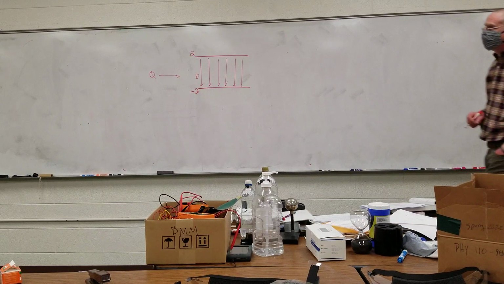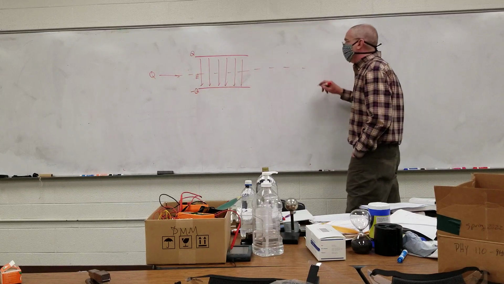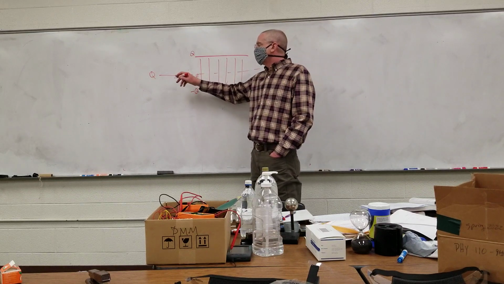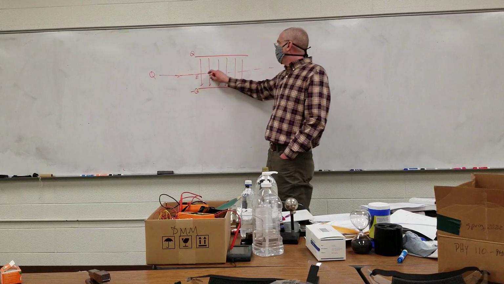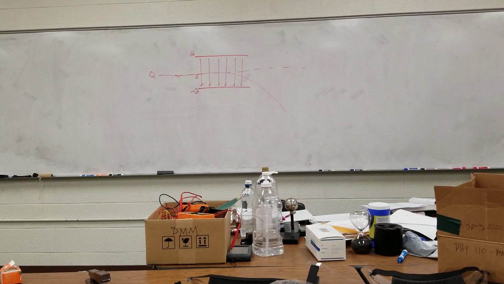All right. And so as it comes in, let's say that that's the original line of path. It will end up something like that. It will start to deflect almost instantly. But it's going fast enough. Generally, this is the type of thing that you would see in high energy experiments. And something like this